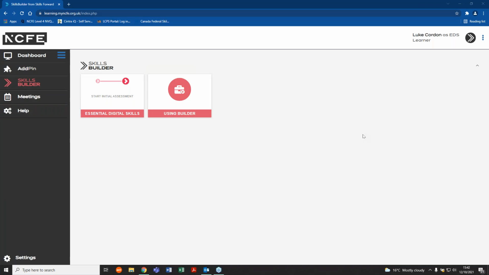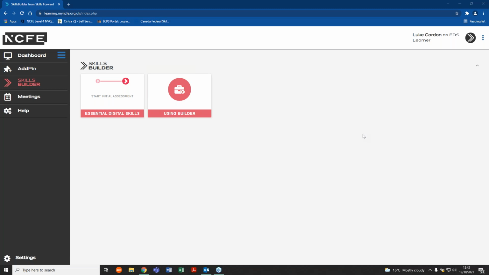You should be able to see my screen, and what I'm logged into is a learner view to begin with. As was mentioned a moment ago, it is a requirement to get your learners initially assessed, to see where their competency lies in relation to the essential digital skills criteria. Our initial assessment will take the learner through every section that is required to achieve the qualification, look at their pre-existing knowledge in relation to that, and then also figure out where it is they need a little bit of support,